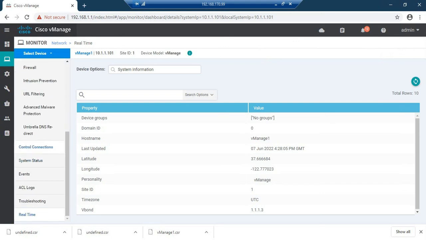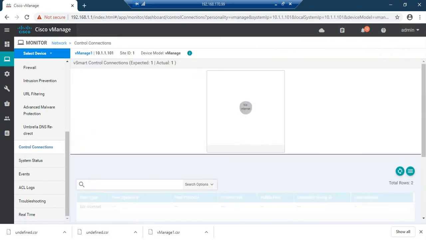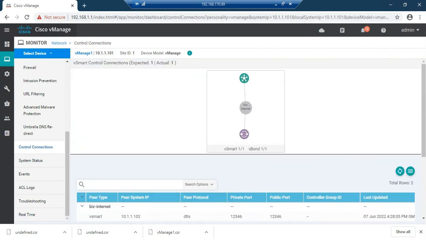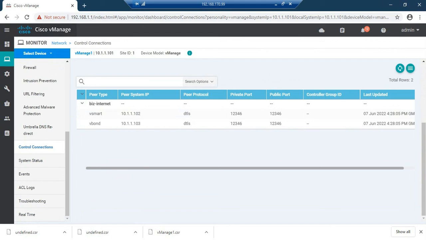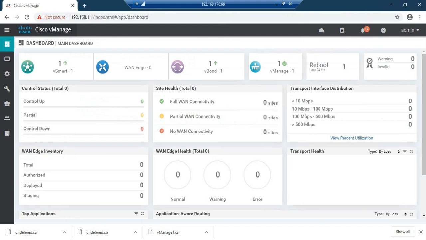Let me check the control connection. BSmart connection expected 1, up 1. If you see here, you can see it is having a DTLS connection with my BSmart and B1. So we have installed and verified the certificate in all of our controllers.